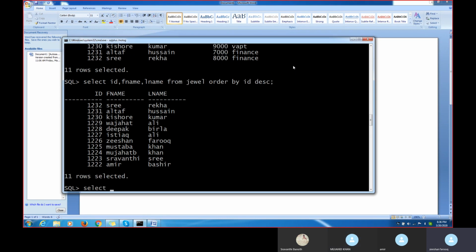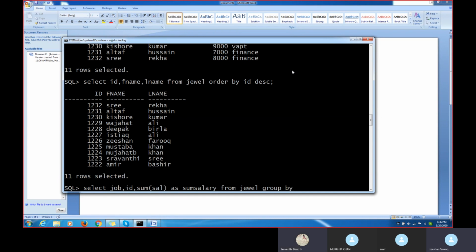Select job, comma ID, comma sum of sal as sum of salary, from the JEWEL table, group by job.